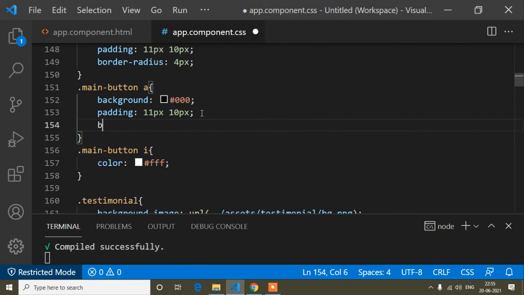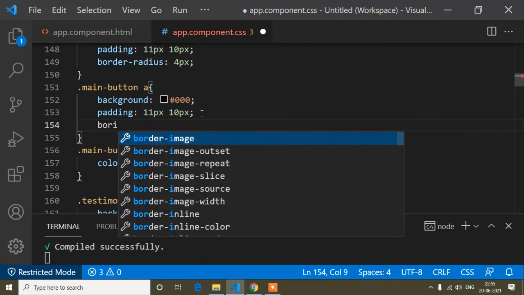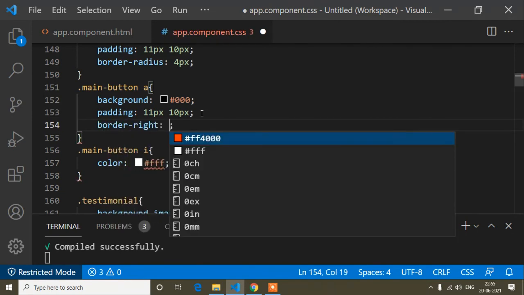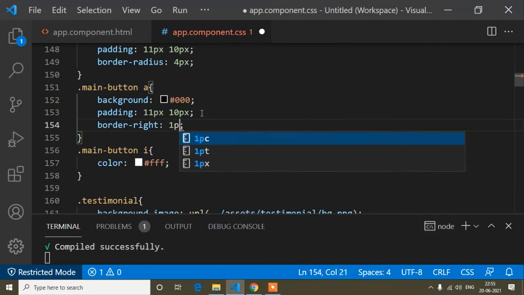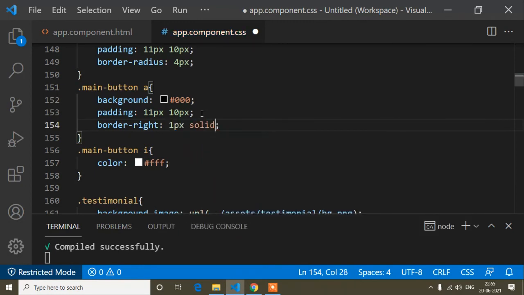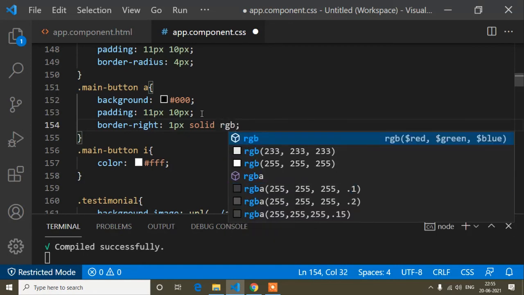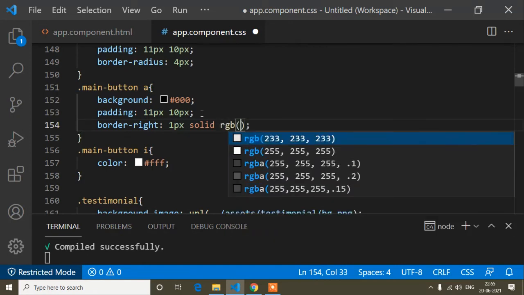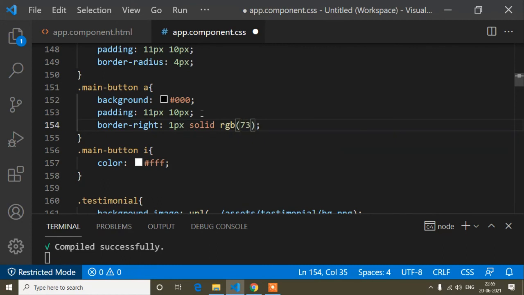Just here I will write border-right also. So border-right is 1 pixel solid, and the border color is RGB, and the color is 7373, so this one.